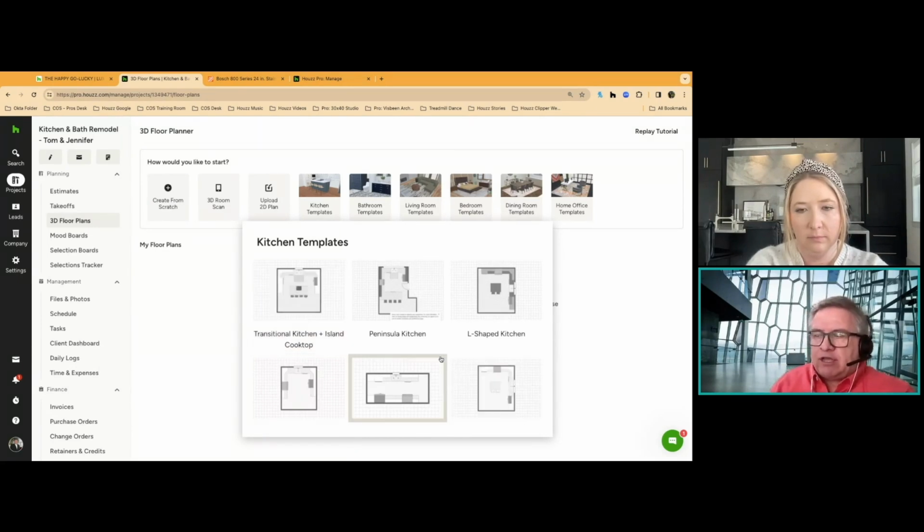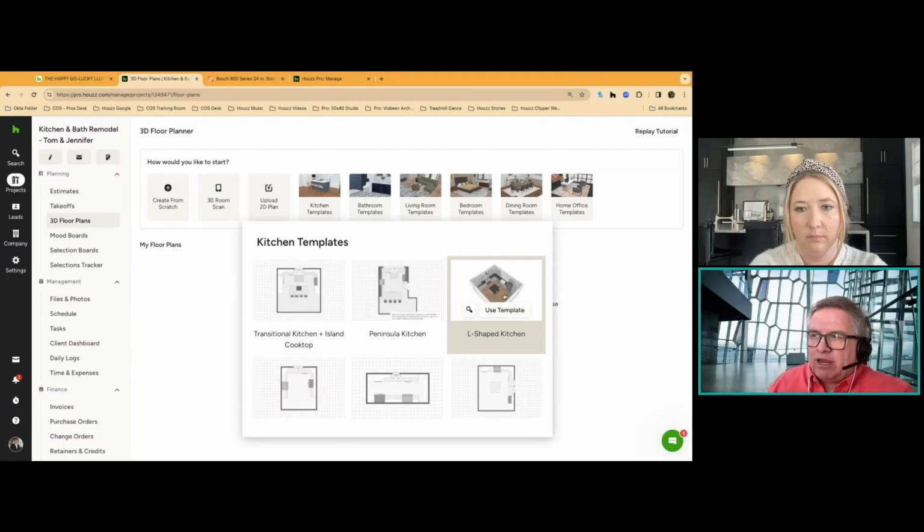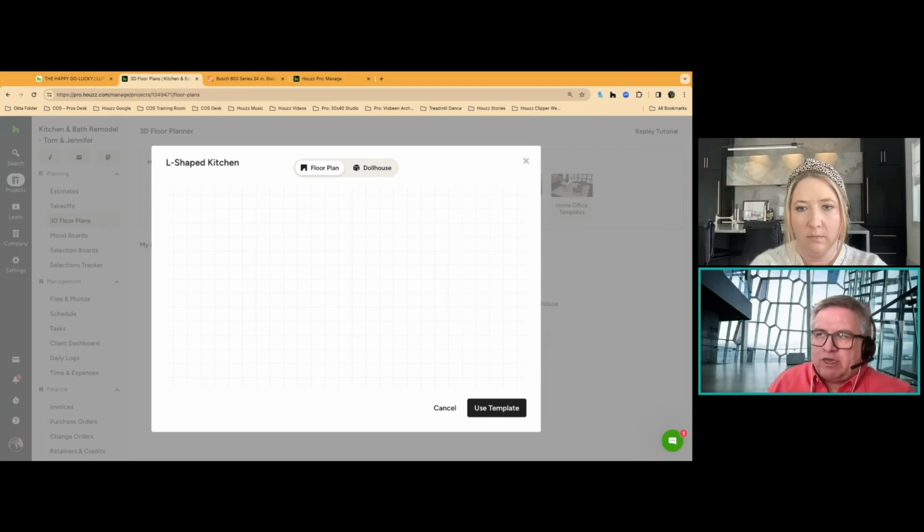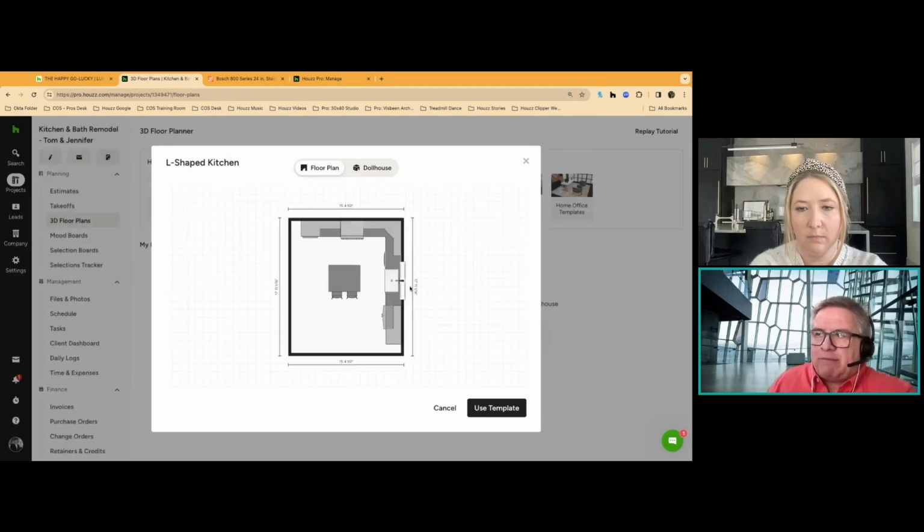So if they have kind of a closed off kitchen, but they want to create, let's say, an L-shaped kitchen, then you may want to look at this template where you can look at the preview here and go, great, this is something I might be able to show them, where I can piece together an example of I would do a center island, then the build outs out here with the cabinets, etc. This is a 2D plan. You can look at it from the